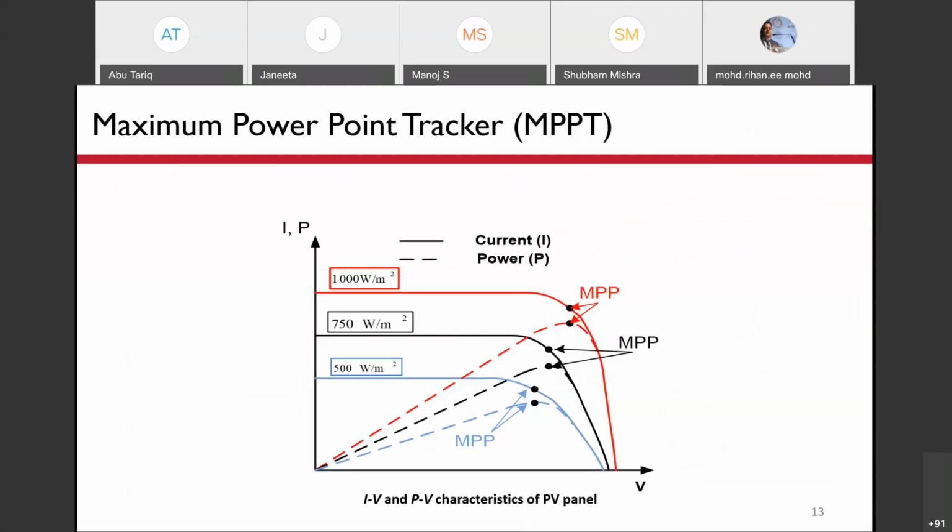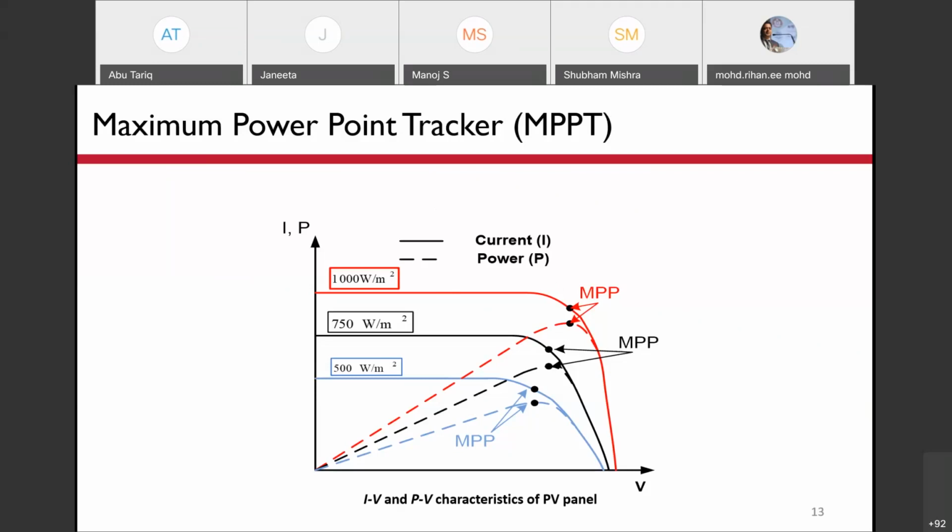This changes the characteristics. If we add two modules in series, the voltage rating will be enhanced and it will go like this. Similarly, if we increase the number of parallel strings, the current will increase. So the characteristics of the array will be identical, but with different magnitudes.